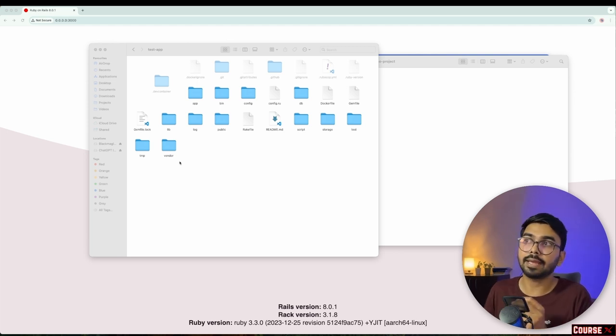I can learn new concepts of Rails 8, probably build a website out of it, and share it with my colleagues or friends. Using this dev container, they can have the same environment and all the extensions that I have. And that's how we can customize files from dev containers and create a project and process the project and then